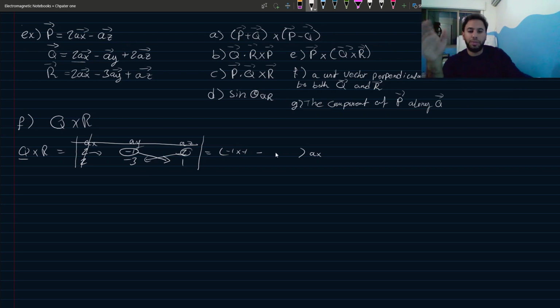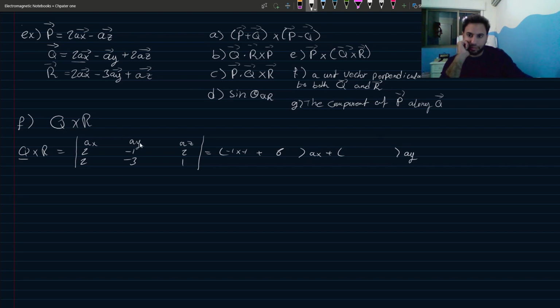So 2 times minus 3, that is minus 6 plus 6. Plus, remove the lines so we can see better. Then close the parentheses and write